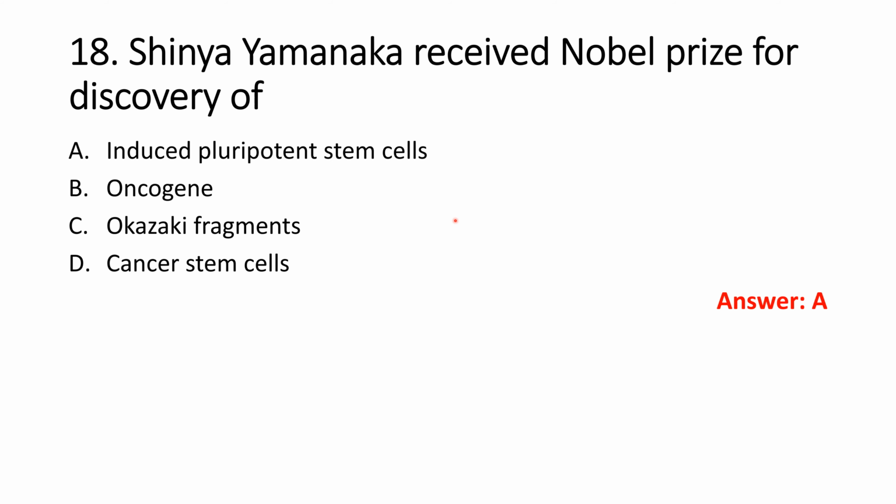Shinya Yamanaka, a Japanese stem cell researcher, was awarded the Nobel Prize in Physiology or Medicine in 2012 for his groundbreaking discovery of induced pluripotent stem cells. These are a type of stem cells generated by reprogramming adult somatic cells, such as skin cells or blood cells, to exhibit pluripotency. And next,